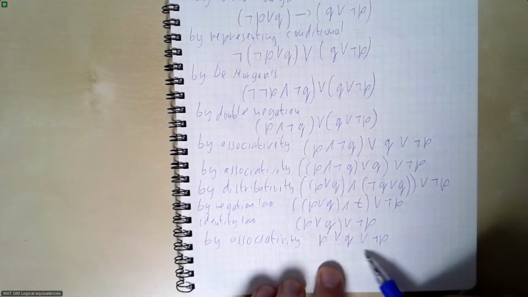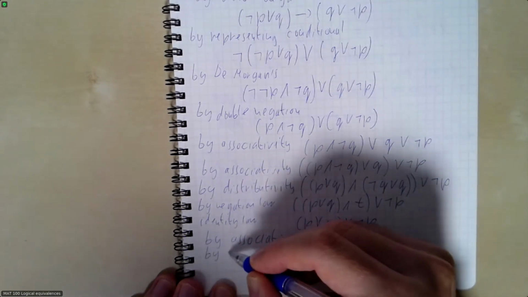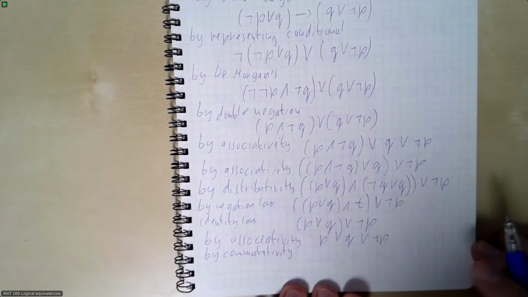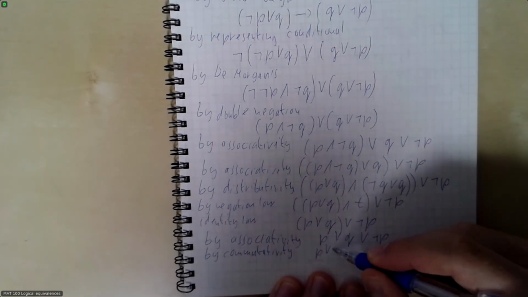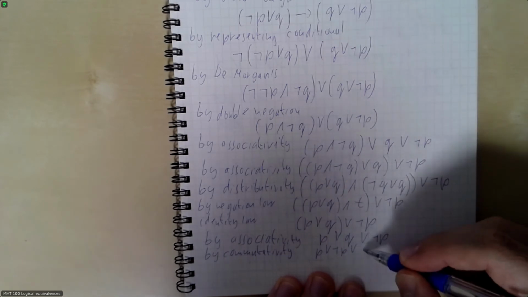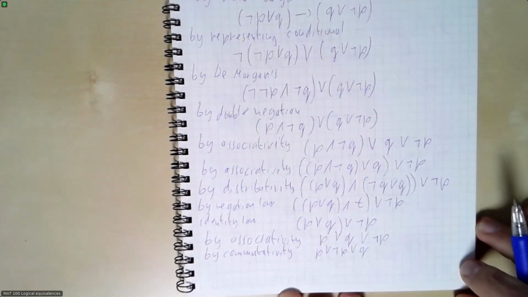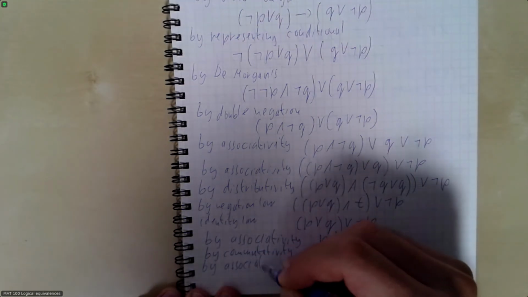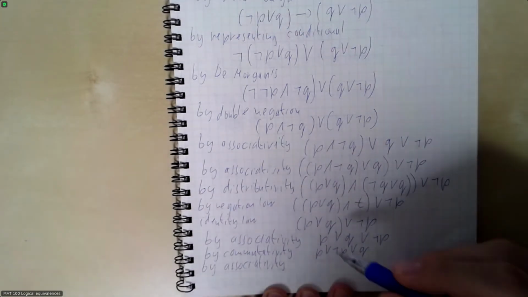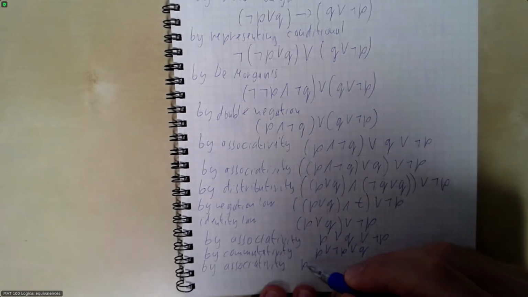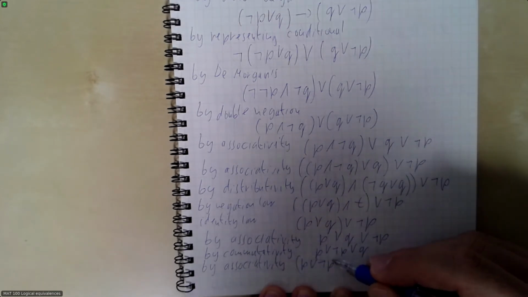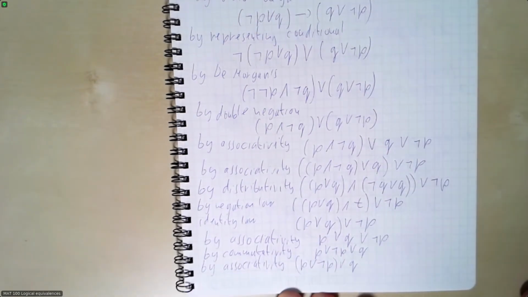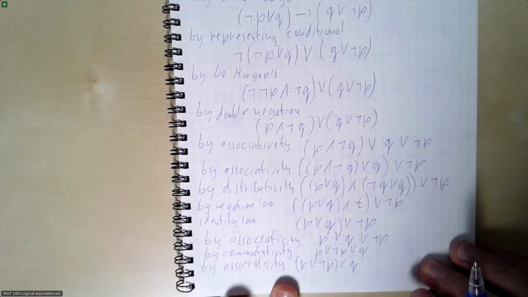But okay, let's just move this there, and that can be done by commutativity, because logical OR is commutative, so it's P or not P, or Q. So then again, by associativity, I can say that this is P or not P, or Q, which, well, I'm running out of room here, but again, by identity,